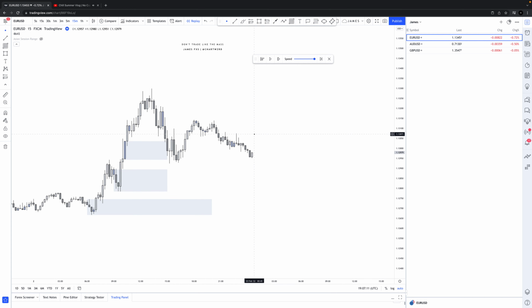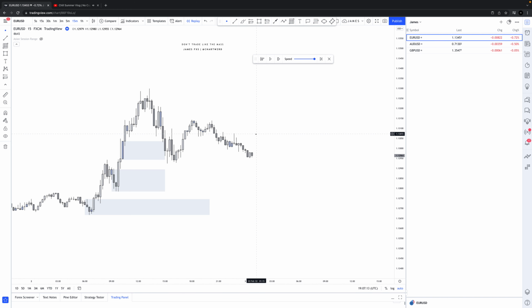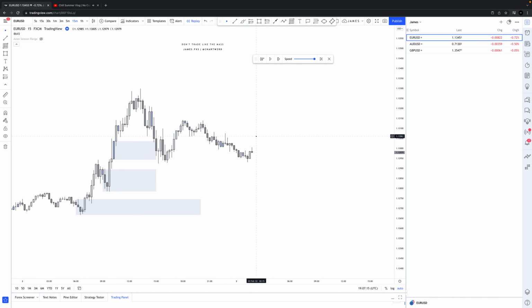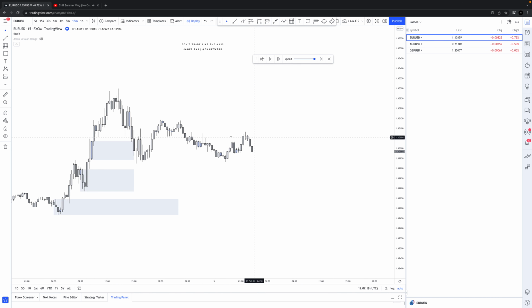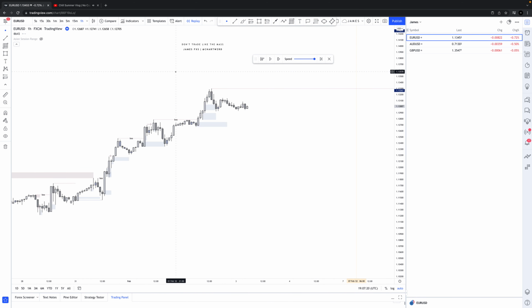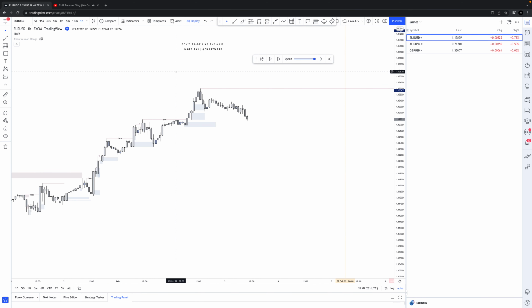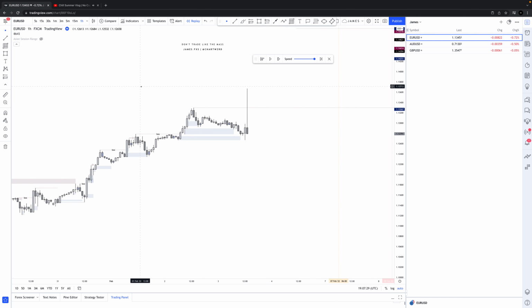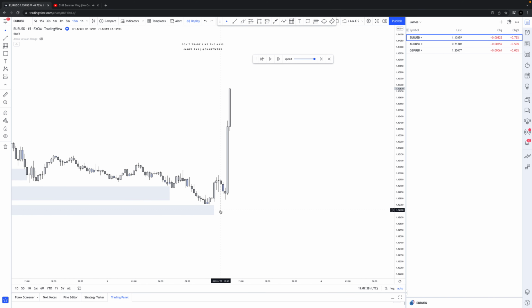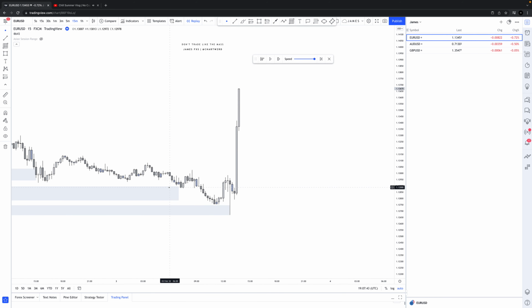Building liquidity before the news, which I believe, what time was it? Let's see if I can find out. Let's go to the hourly, see what happens. Right, so we're reacting from this area. As I say, we're building liquidity. And then news comes out, was it 1:30 or 1? And yeah, so if you're taking entries from here,